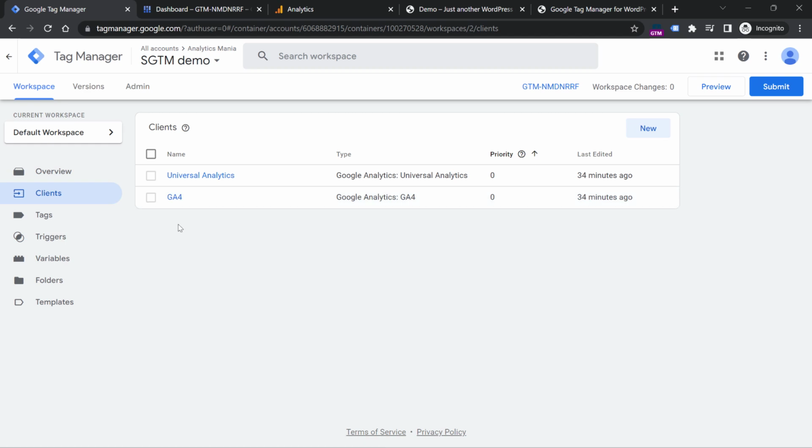A request can be processed only by one client, but when the client captures the data and makes it available to the container, multiple tags can use that data and send the data further to Google Analytics, Facebook Conversions API, or somewhere else. Anyway, now let's check if the server that was provisioned, or in other words created, works properly. That's why we should click this preview right here,